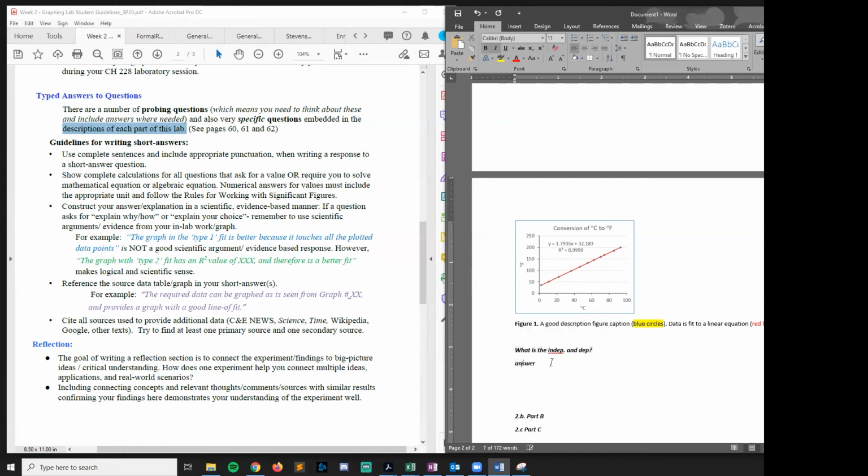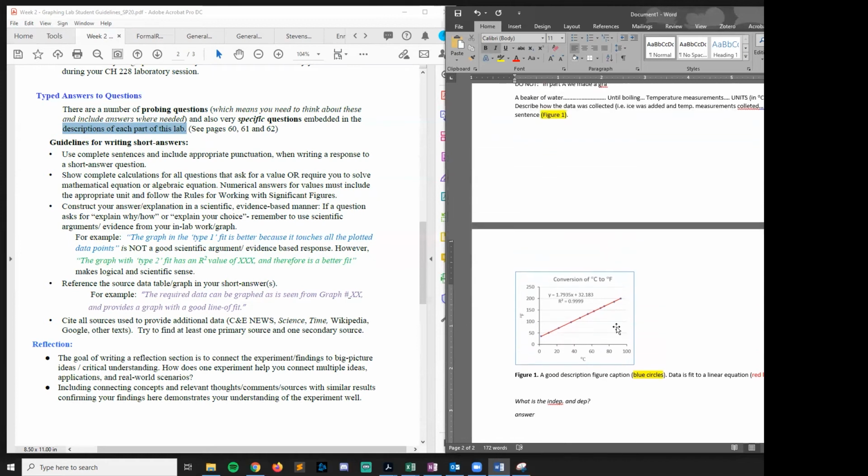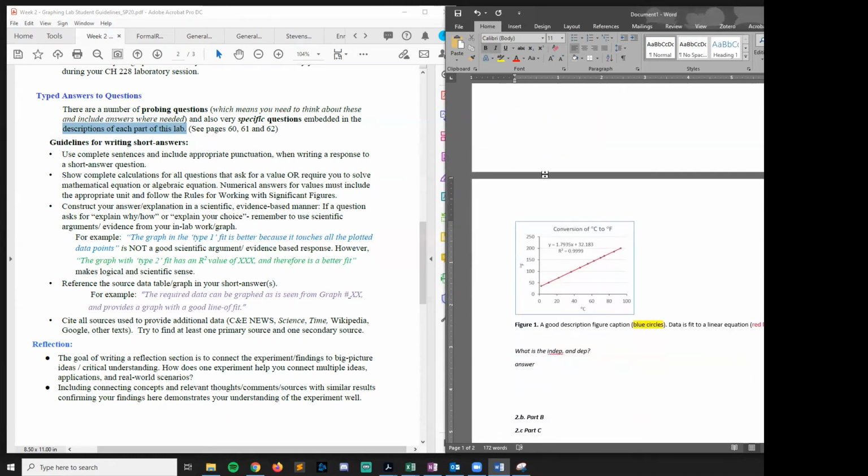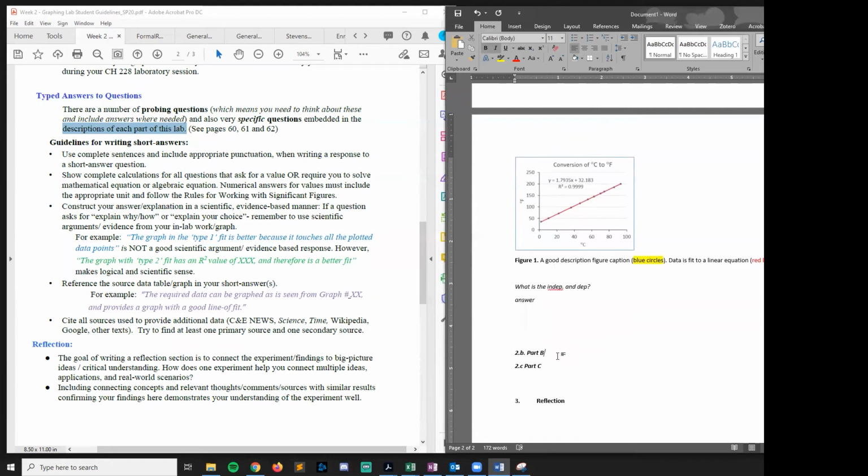So in this section, you're going to answer all those questions that we made sure you answered in your lab notebook. I can't go through each one because then it would be basically me giving you the rubric, and I'm not allowed to do that. So make sure you put everything in here. Is that clear? That covers everything you're supposed to put in part A, and then you need to duplicate that for part B and C, where you have a short intro paragraph